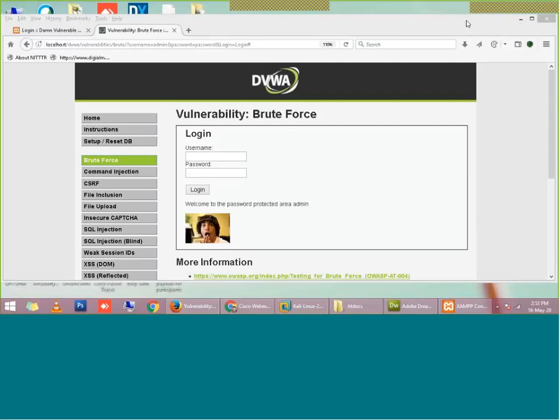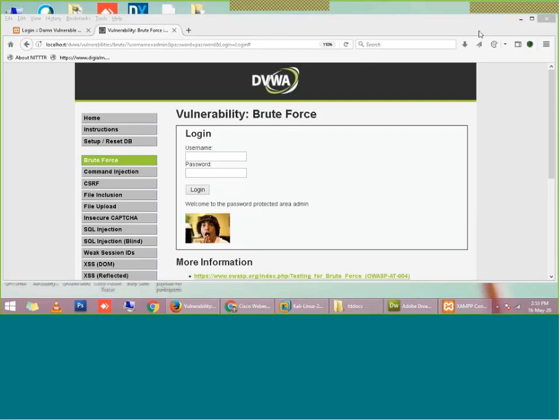It is not feasible to do this manually, because I have to enter a different username and password combination each time. Manually, it is not feasible to enter so many combinations.